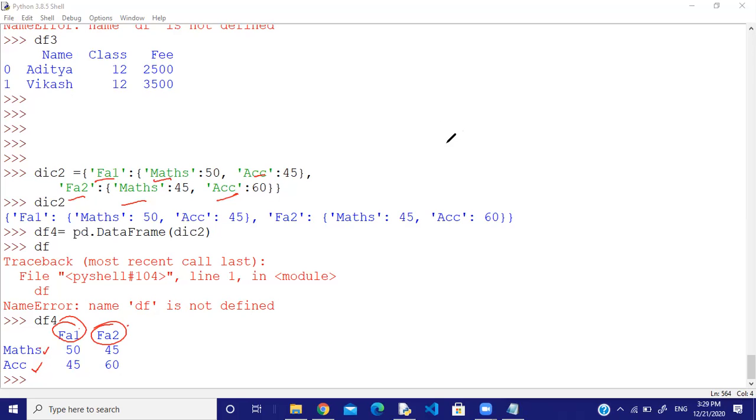Okay, so now I'm going to end the class today, and I'll try to give you some more classes tomorrow. I'm going to conduct 3 or 4 classes, and in those I can complete the revision of the whole session. Okay, so be with me. Is there any doubt? If you have any doubt, you can just